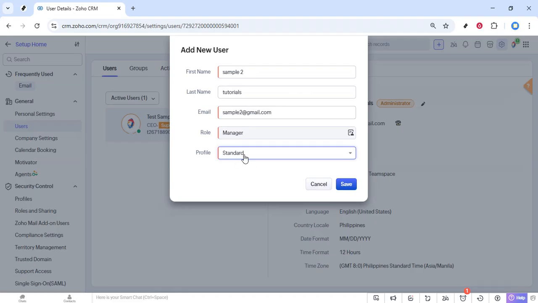While the role focuses more on hierarchy, the profile controls the specific permissions this user has, like whether they can create, edit, delete, or view certain types of data. Common profiles might include standard user, administrator, or a custom profile tailored to your company. Click the profile dropdown and pick the profile that gives them the right level of access without granting more than they need. Once you've entered the name and email and you've selected both the role and the profile, you're ready